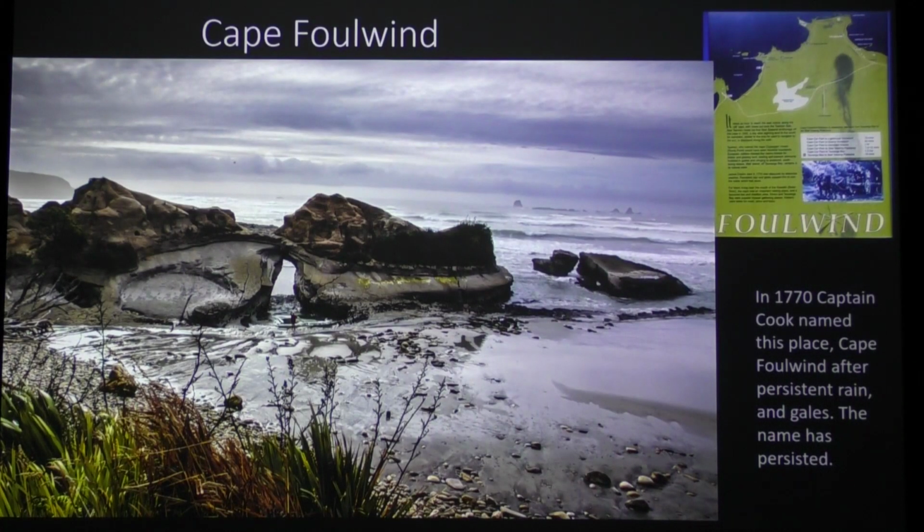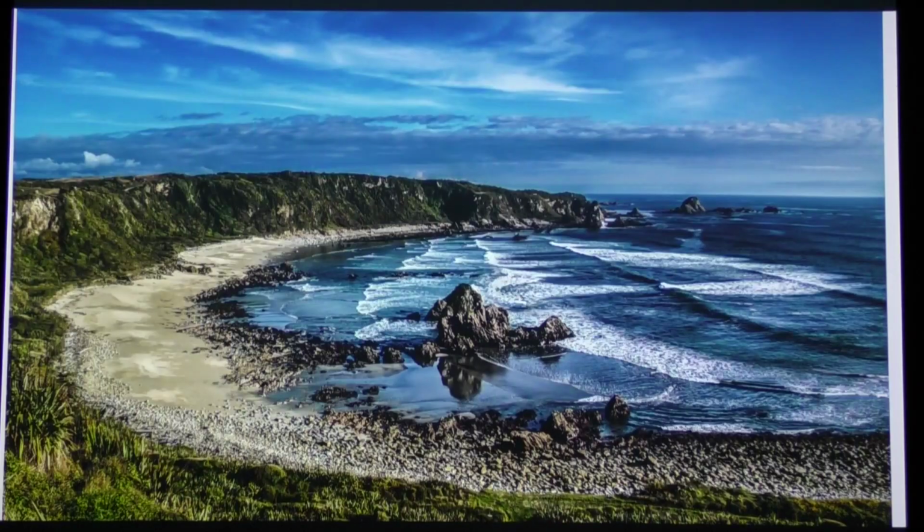So after that, we were doing the drive, and we're on Cape Foul Wind. And Cape Foul Wind was named by Captain Cook in 1770, who visited this area, and he basically named it because of the persistent rain and gales that this place had. And the name has stuck. So it's still called Cape Foul Wind. However, there are days, not so much on this day, but this...